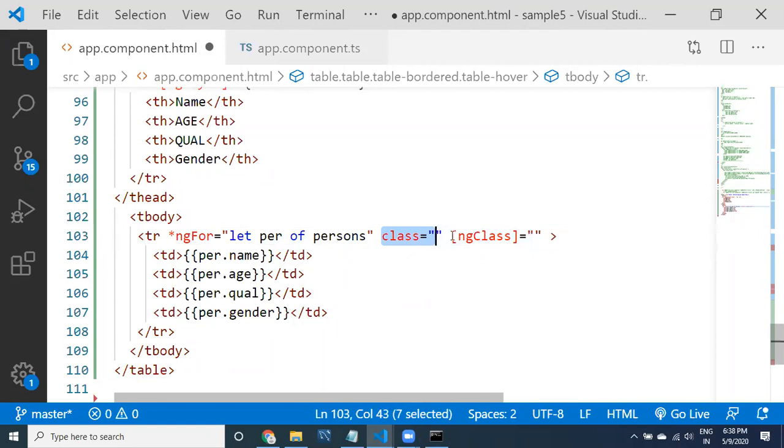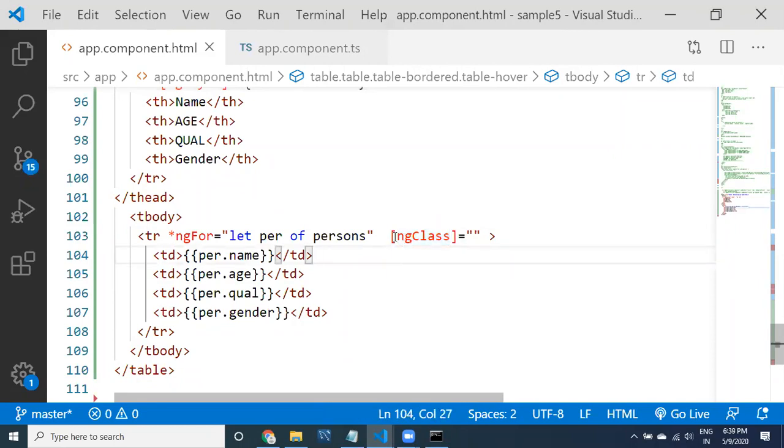That's why, instead of writing the class attribute, we use ng class. We do have another approach also, and I'm going to show you in further classes how to apply classes in an alternative way. But this is also one of the famous ways, and many projects are implemented with ng class and ng style, so we need to know it.